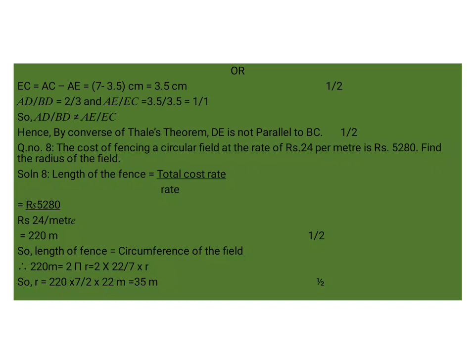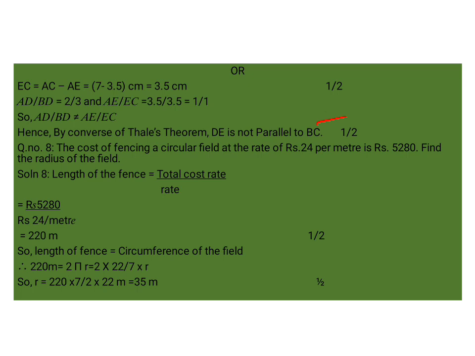In the option question, you have to draw the triangle and mark the dimensions on it, and if the ratios are similar, then the triangle will be similar. But here AD upon BD is not equal to AE upon EC. So by the converse of Thales theorem, DE is not parallel to BC.